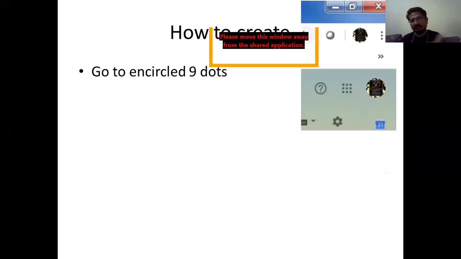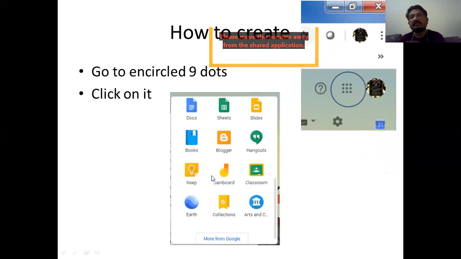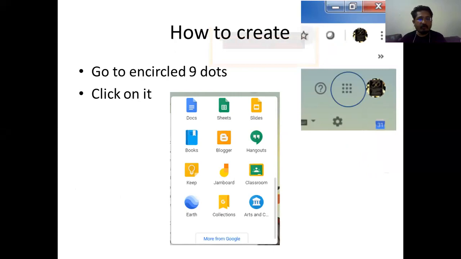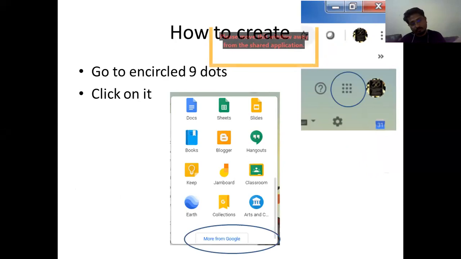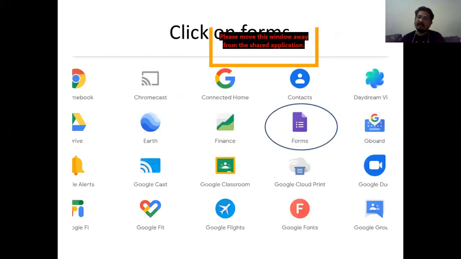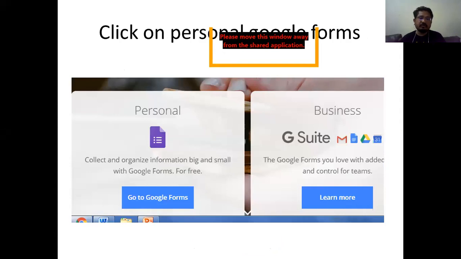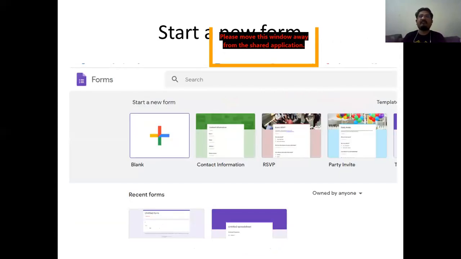So the very first thing, how to create: I believe 100% people know, but simply as a protocol, we'll go to our Gmail and click on this nine dots grid, and once we click, we find these kinds of options. Then we can go to Forms, or if we find it first, we can go to this Classroom. If you wish to go directly, we'll click on More, then we'll find Forms and click on Forms, then we go to Google Forms, and ultimately we find this kind of window.